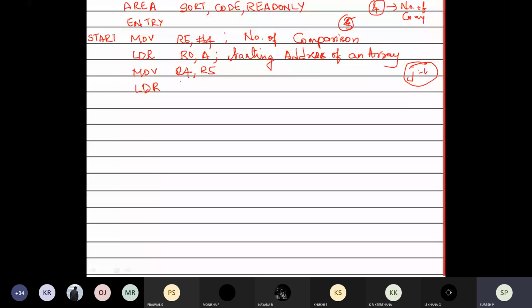I am loading into some register, R2. It is not mandatory that you move to R2 only. Whichever register you are not using, you take that register. Here I am considering R2, but it is not mandatory that you use R2 only. You can use any of the registers between R0 and R13.